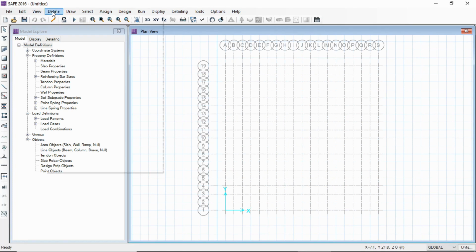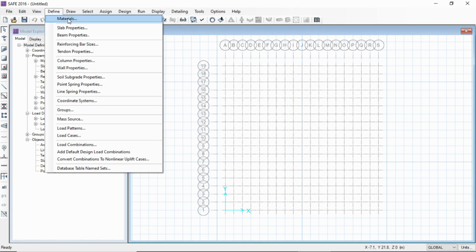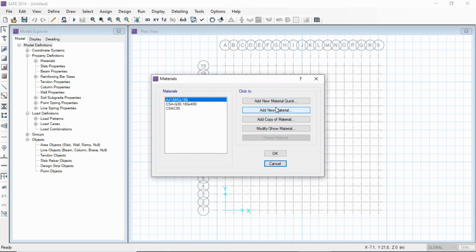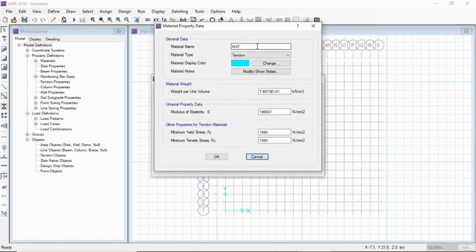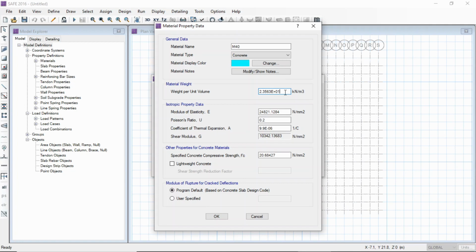So we'll go to define and first we'll define the material. So we'll click on add new material, and as we have been given M40, we'll add the material M40. Material type is concrete, and now you note this one M40, the properties which I am going to type, I have taken these properties from the net. If you search anywhere in the net, you will get these properties.